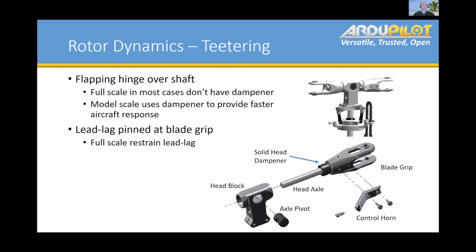But with model scale helicopters, they have put in these hard rubber dampeners, what they call hard rubber dampeners. And there's one shown right here. And so here's the pin for the axle to provide the teetering over the shaft, and then this hard rubber dampener kind of sits inside the head, and that's what provides more of a moment onto the shaft, right? Because if you didn't have that hard dampener and it just teetered, you really can't put any moment on